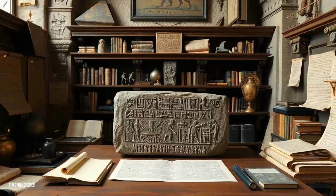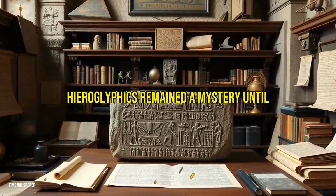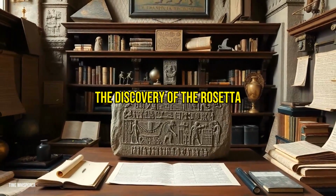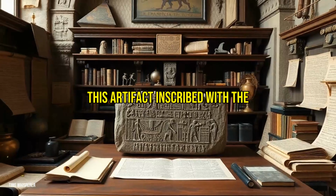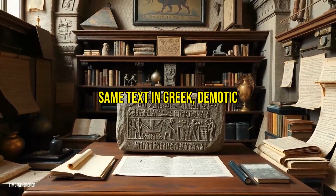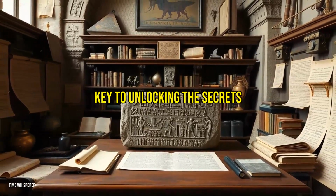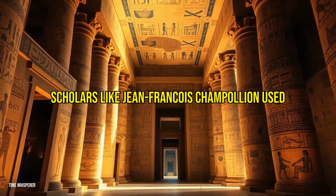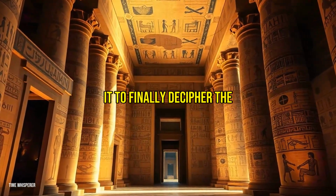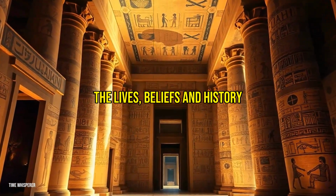For centuries, the meaning of hieroglyphics remained a mystery until the discovery of the Rosetta Stone in 1799. This artifact, inscribed with the same text in Greek, Demotic, and hieroglyphic script, became the key to unlocking the secrets of ancient Egyptian writing. Scholars like Jean-Francois Champollion used it to finally decipher the script, opening a window into the lives, beliefs, and history